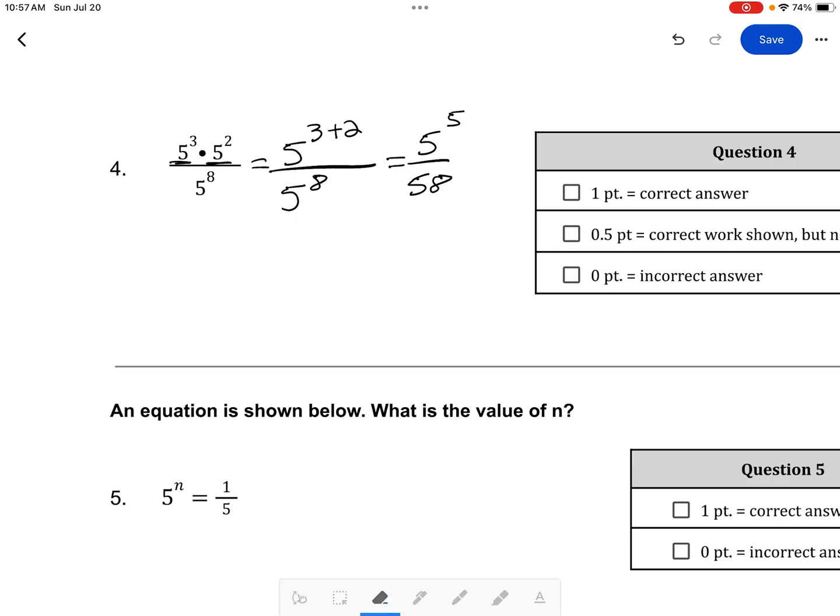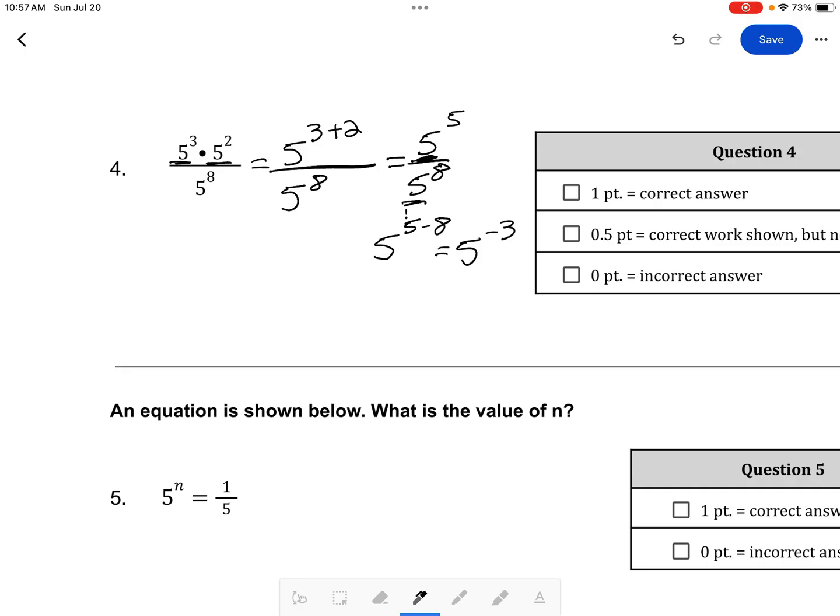Oops, that looks like 58, my bad. 5 to the 8th. Remember that when I divide like bases, and these are both the same base, I subtract the exponents. So this is the same as saying 5 to the 5th minus 8,